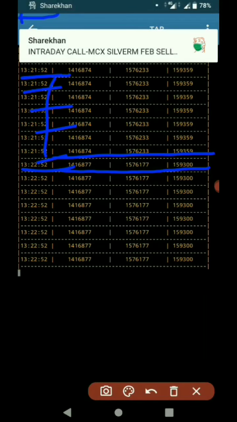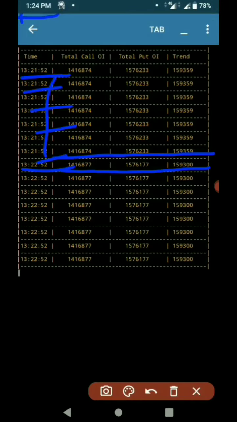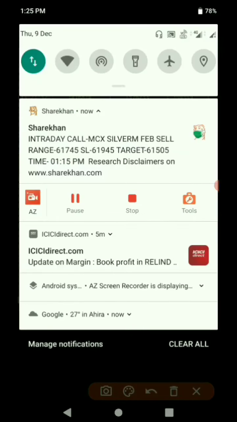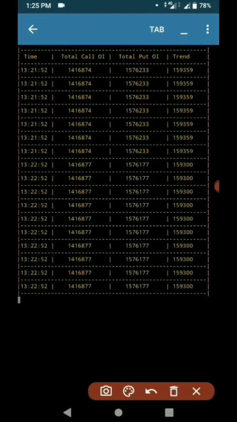Now with a little modification we can manage it so that only if the NSE side updates the data, we will print the data. That much we can do with a little more modification of the code. In that case there will be no repetition, and we won't get the same value, so that we can understand the trend in a better way.